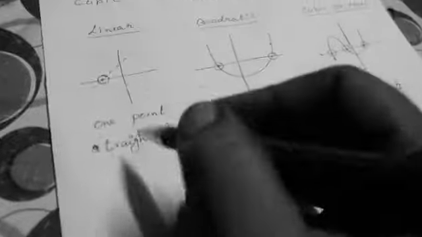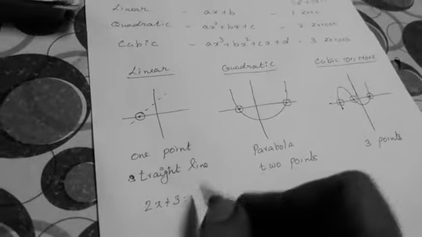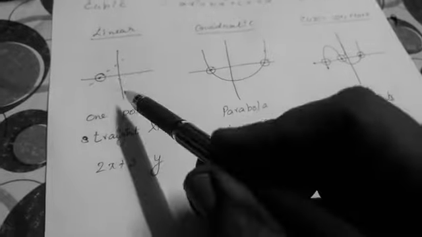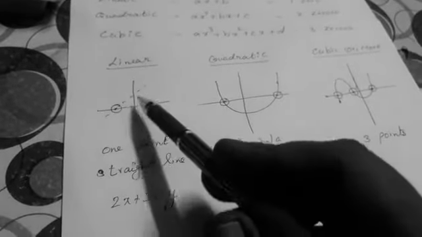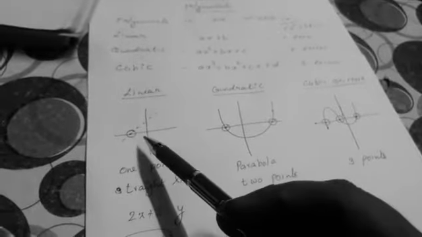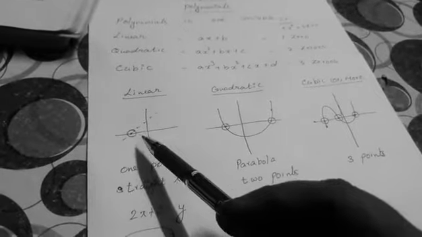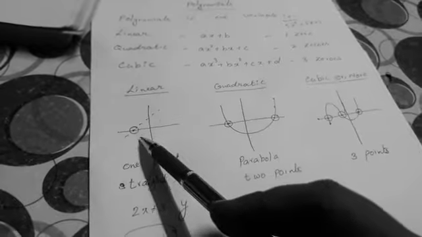If we take a linear polynomial, in 9th standard we studied that we can draw a graph. For example, if they give a question like this, 2x plus 3 is equal to y, we used to find four solutions. By plotting the points, we are able to draw the graph. So if you are drawing the graph for a linear, the graph will become a straight line. And in how many points that straight line is intersecting the x-axis, we have to concentrate only on the x-axis. That will give the number of solutions. Obviously, a linear has only one solution.